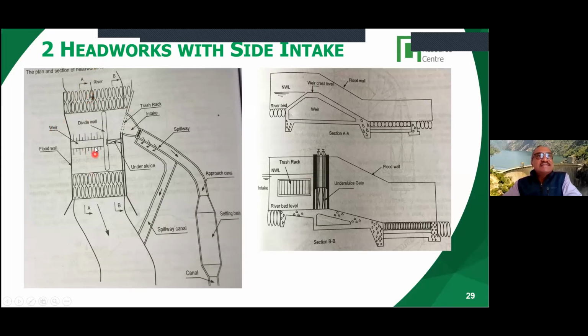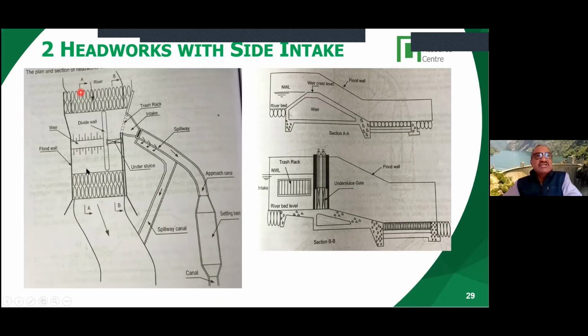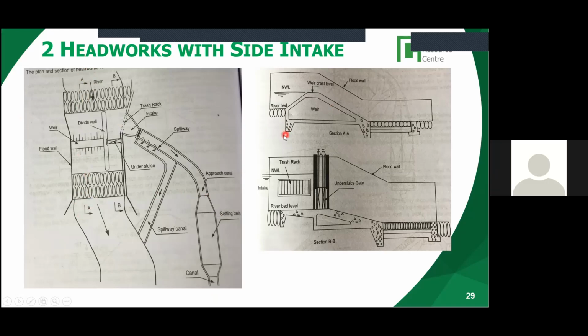So you are basically creating a weir because you want to divert water from the intake to the conveyance system, the canal, and to the powerhouse. Okay, from here. So in the weir, when you take the section of the weir from A to A,